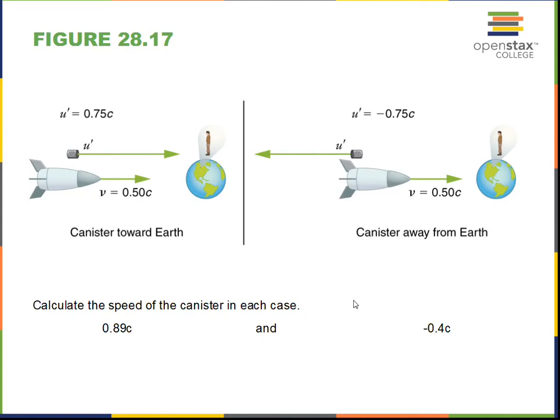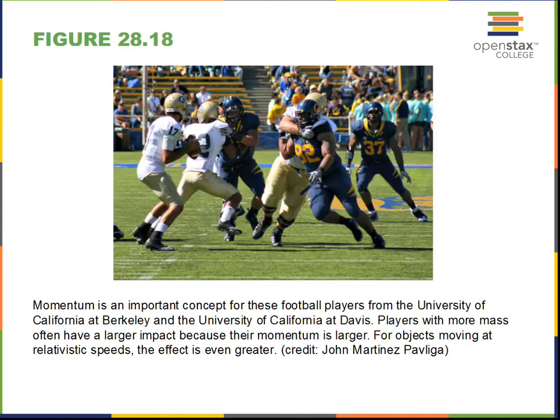You need this correction factor that Einstein gave us in order to get the right result for the relativistic velocity. Then momentum. When we do momentum in relativity, we find that we have a bigger momentum than in classical physics. This is when we're moving near the speed of light. And that momentum is gamma times the mass of the object times its velocity. So there's this factor of gamma that comes into play with momentum.